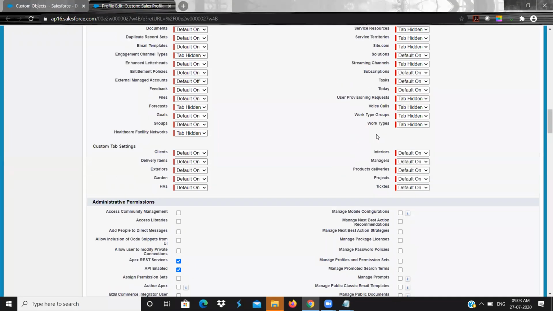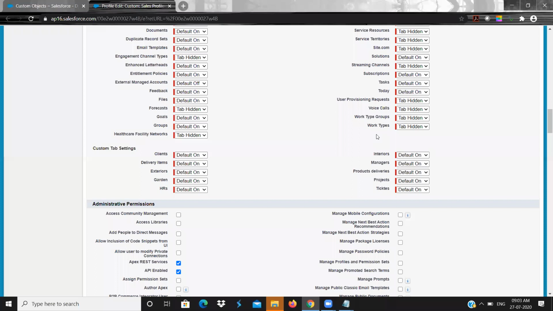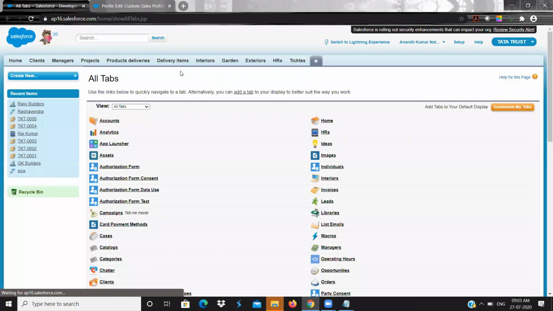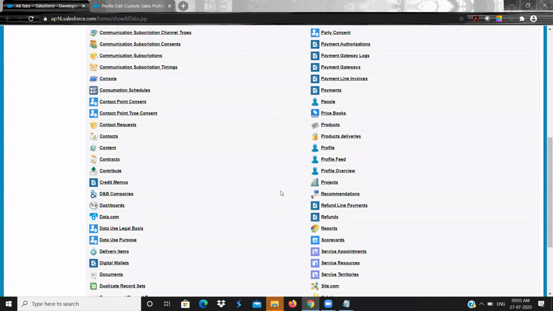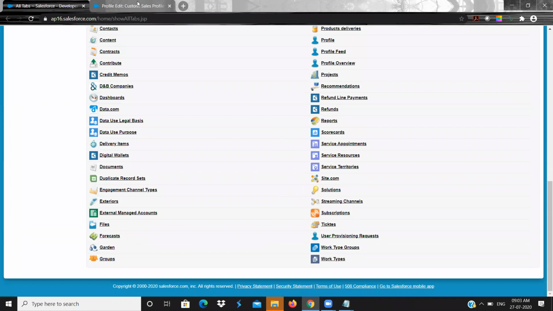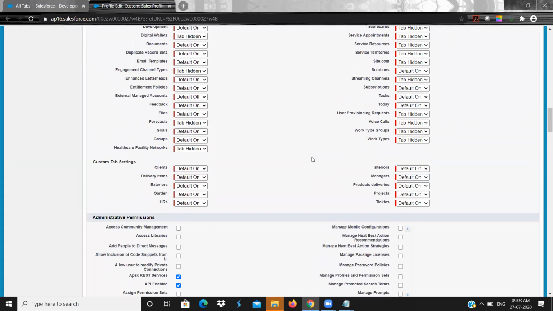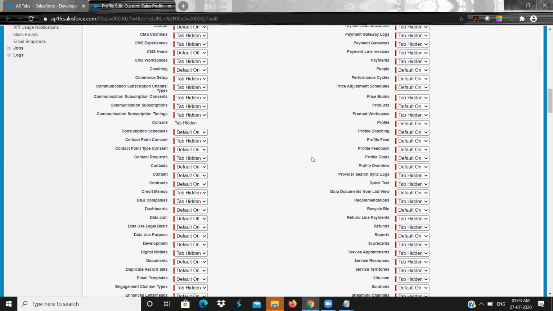After creating a tab, you need to decide whether it should be default on, default off, or hidden. If it is hidden, it will be hidden in here. Okay. If it is default on, it will be in the tab panel, this area. But if it is hidden, it will be hidden here. Clear? This is the place where the tabs will be hidden. You can come here and select. And default off is nothing but it will not be visible or available anywhere. That is default off. Okay.